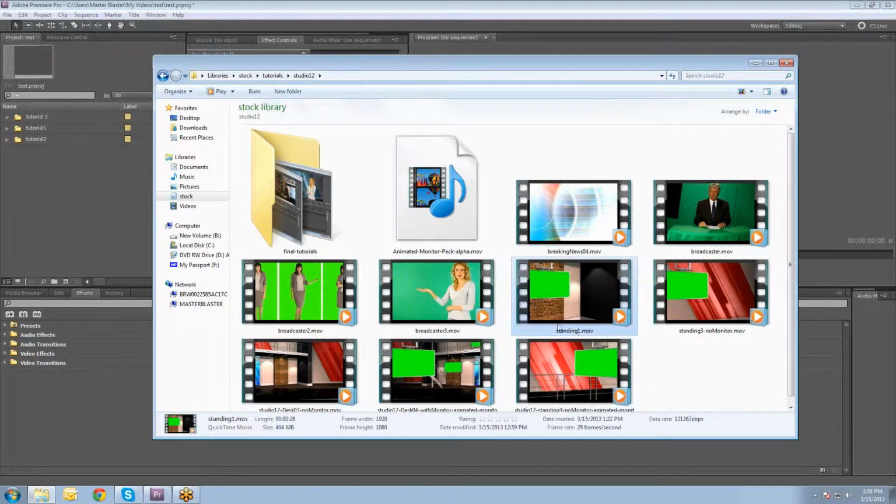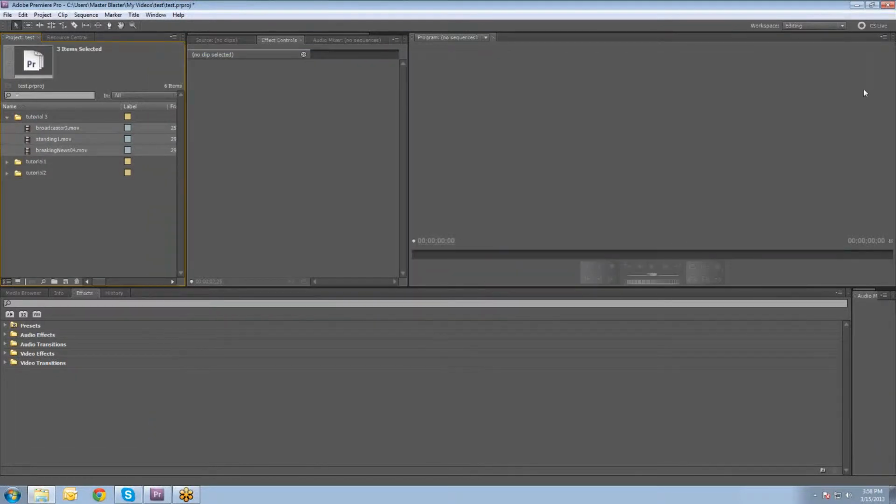So we've got this little standing animation, Virtual Studio 12 background animation, the little broadcaster clip that we've got, and then the breaking news little motion background that we're going to put in the monitor there. So we'll select those clips and drag them into our third tutorial bin there,